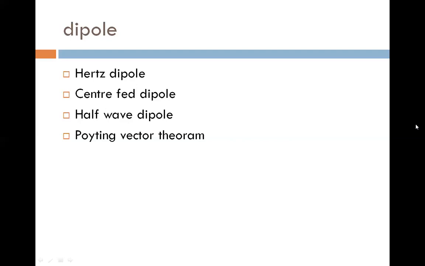A dipole can be any length, but most commonly just under lambda by 2. A dipole with this length, known as a resonant half-wave dipole, has input impedance of 30 to 80 ohm and wire impedance is 50 ohm. Wire impedance means when we join the RF current, we require the wire. The antenna impedance is another thing and wire impedance is another thing, so we require the matching of both these.